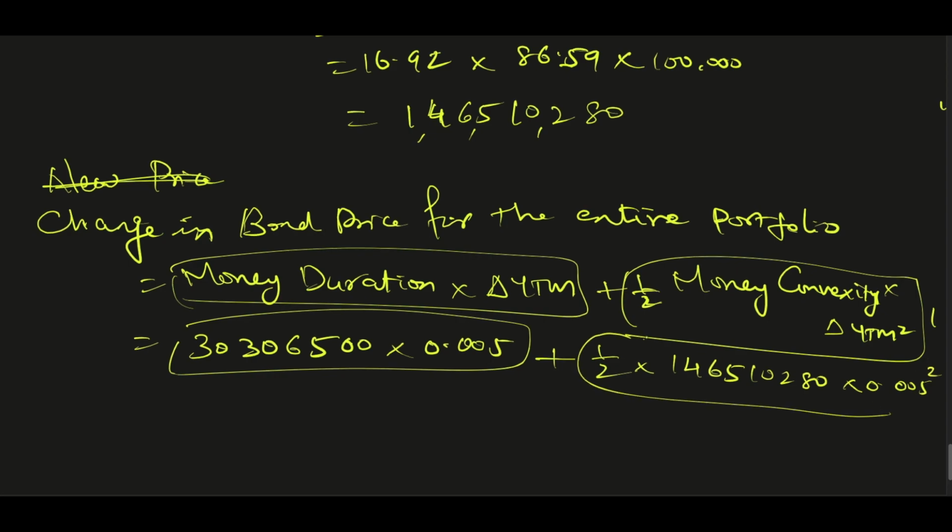So this is the second group. Overall, it comes to 30,306,500 into 0.005, which is 151,532.5, plus